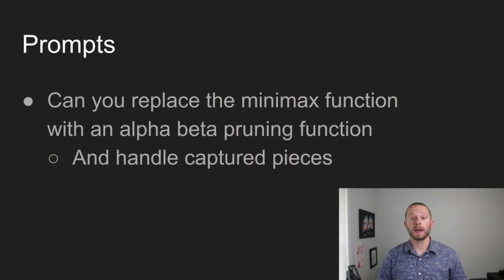Now, before we go into this code review, let's see how this PR was created precisely and what the initial state actually was. I asked ChatGPT to replace the existing min-max function with an alpha-beta pruning function. And one thing I noticed is that when it was undoing moves in this new code, it left it to